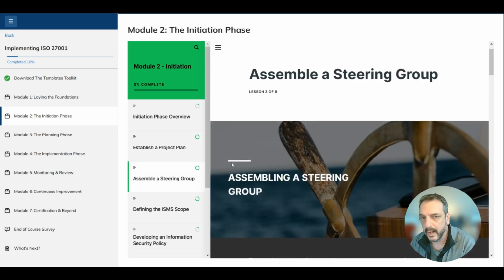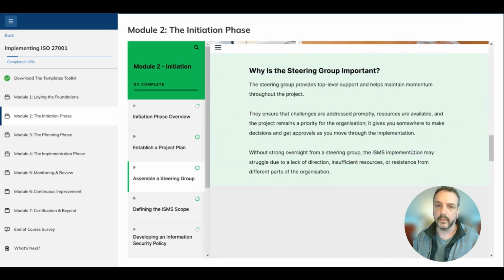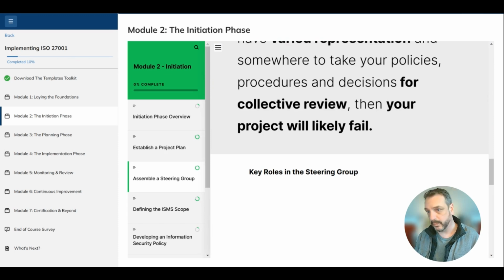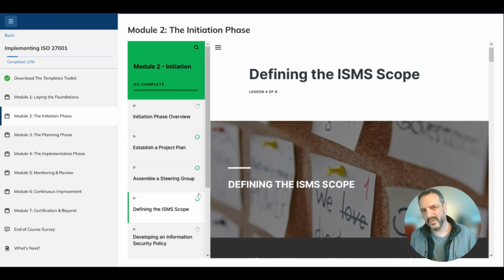I also talk about how to set up a steering group, because you're going to need governance. And ultimately for 27001, you're going to need that team in place, what the typical types of roles are and who should be in it, and what your terms of reference should be, for example. It's all in there. Another really important section of this entire course, actually, but particularly this bit, is the definition